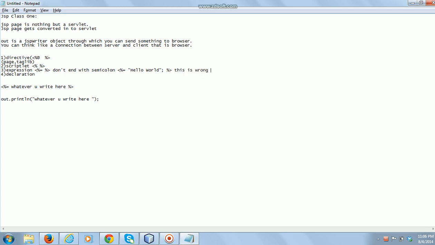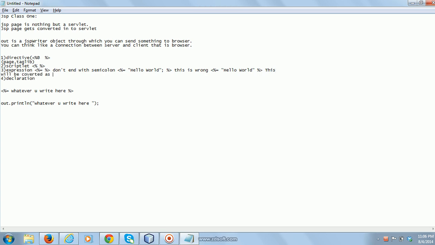This is wrong. You have to just say percent equal to hello world. This will be converted as out.print or println hello world. And declaration tag.